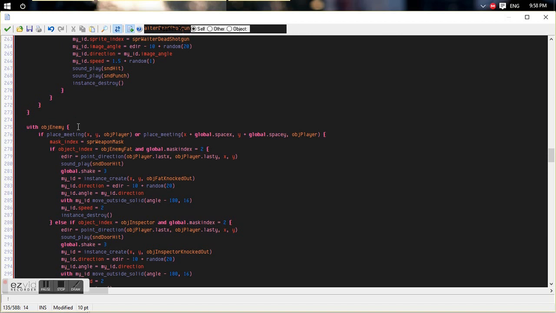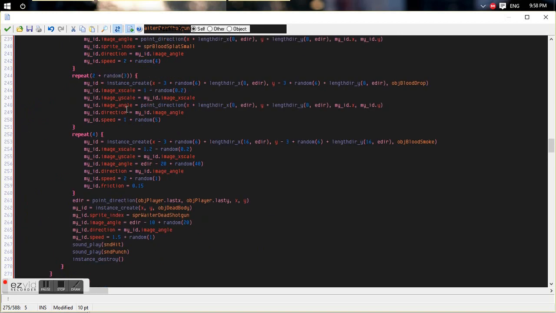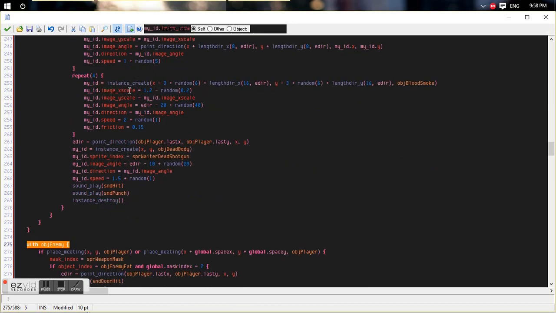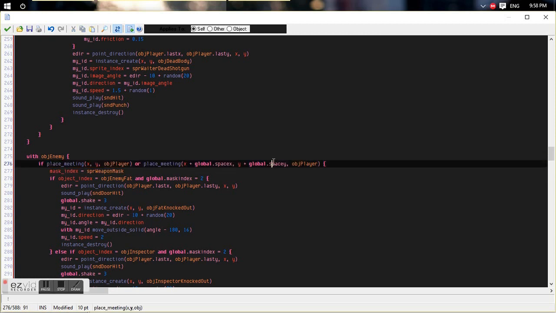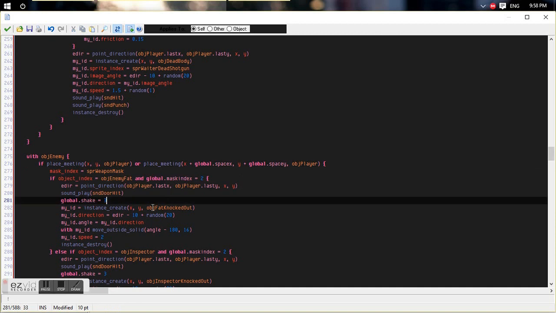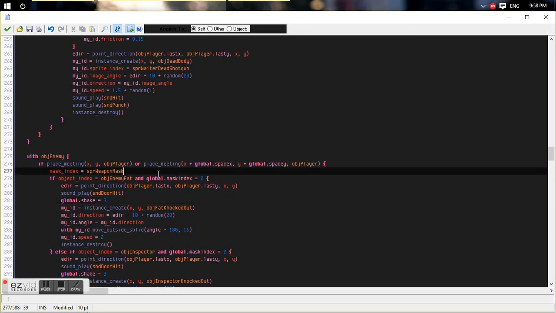Then you do this, and this is saying that if the place meeting of the object player and an enemy, for example, happens, basically if they meet, then this will happen. For example, this first place, I've already modified Tony so that he has his abilities from Hotline Miami 2. So here we have if object index equals object enemy fat, and the global mask index equals 2,